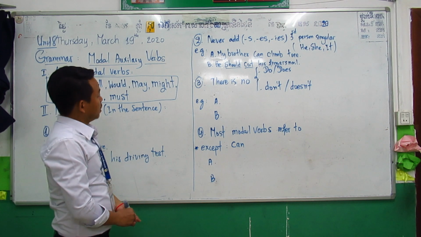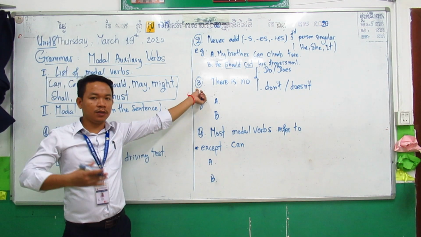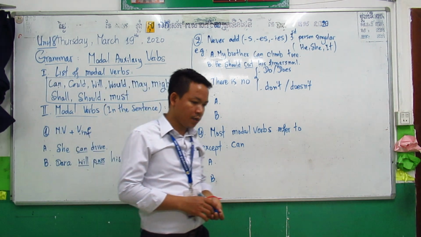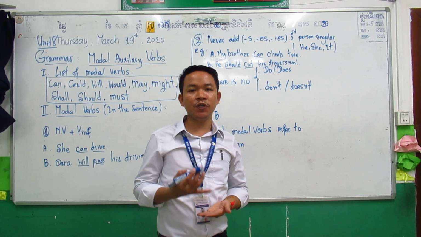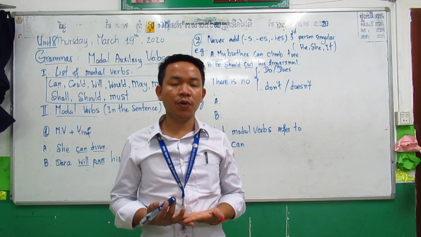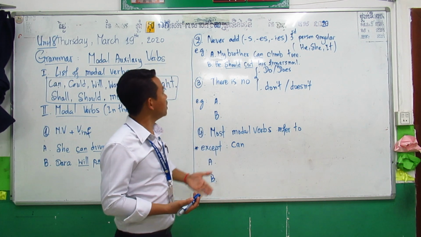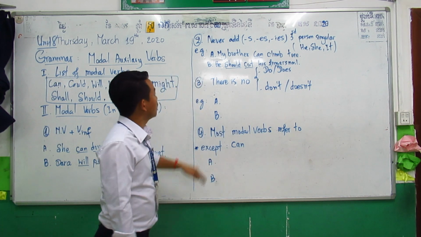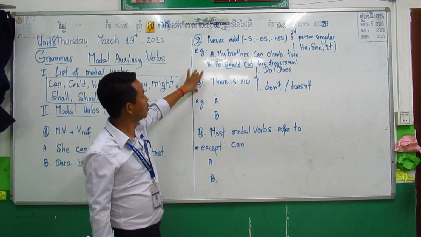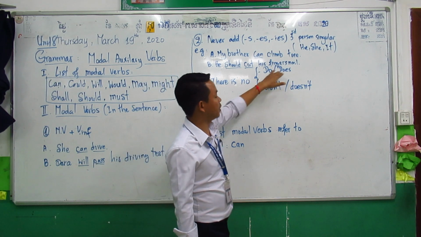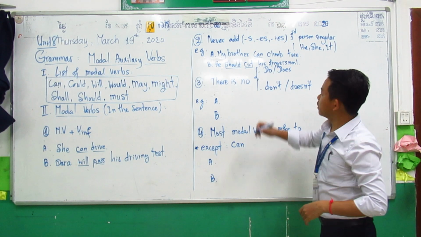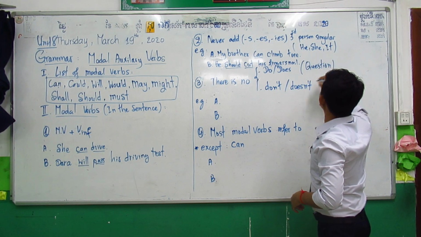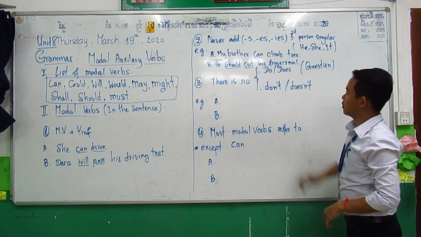Okay. So the third one you have to notice as well. It is very important. I noticed that most students get confused when we use the modal auxiliary verb in the sentence, especially in questions and negatives, right? In number 3, please remember there is no do or does. This means we focus on the question. There is no do or does in the question. Example,